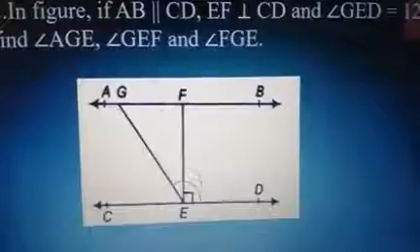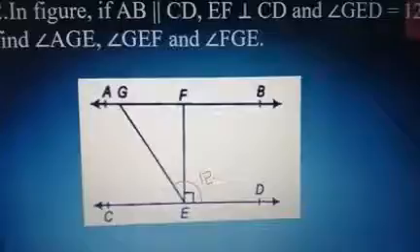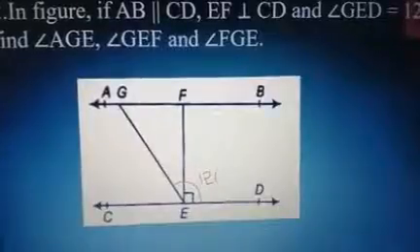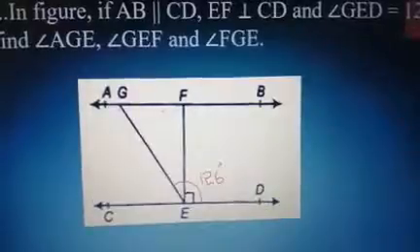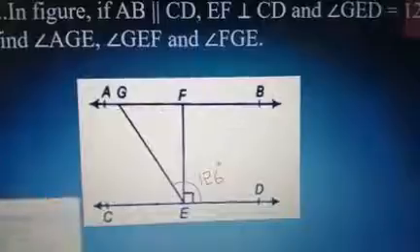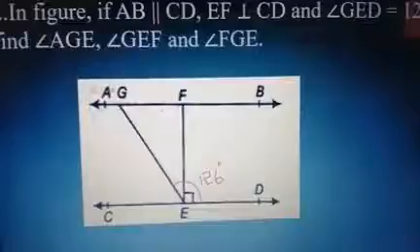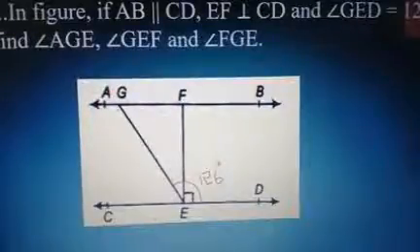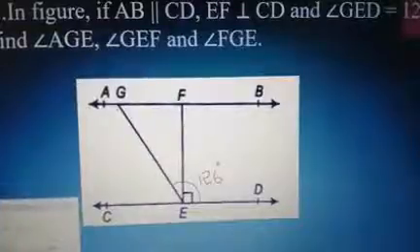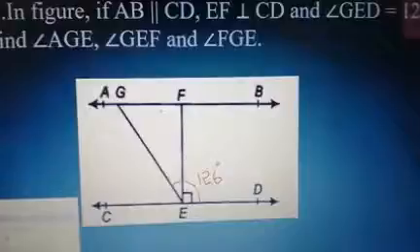When we write it, that will be easy for the explanation part. You will also not get confused. So this complete angle here is 126 degrees. So this is what they have already given to us. Okay. So now let us try to understand what we are supposed to find. So we are supposed to find angle AGE. So what is the first thing we are supposed to find? Let me write that in a different color. Let me choose a blue color.